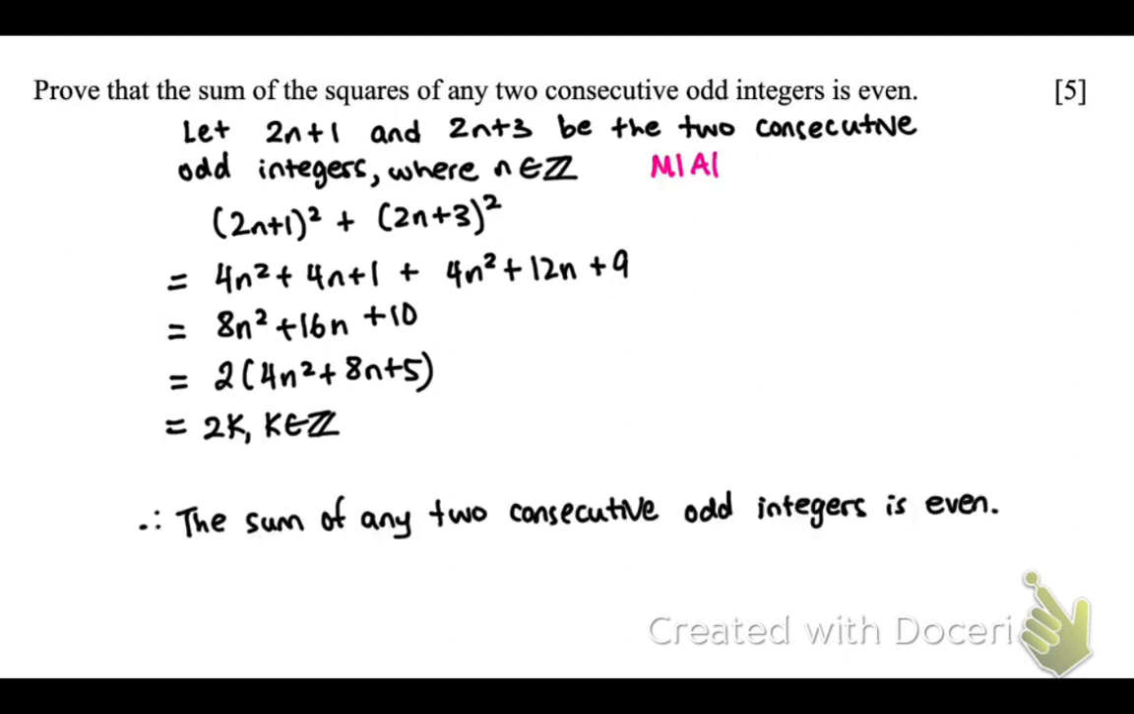For a question like this, there would be a method mark for attempting to set up your variables, an accuracy point for correctly defining those variables, another accuracy point for setting up your expression, to expand that expression, and then an accuracy point at the end for a correct result, demonstrating that whatever expression you end up with is even. And of course, you have to state a concluding sentence at the